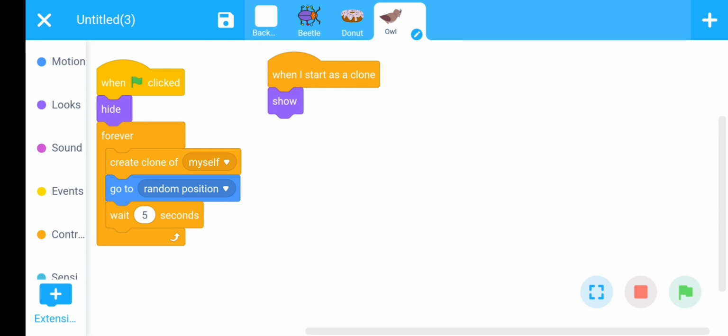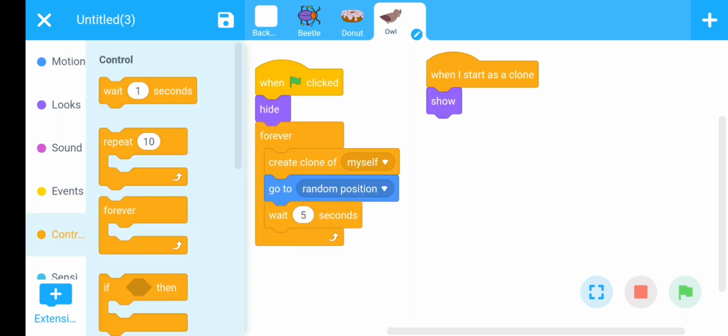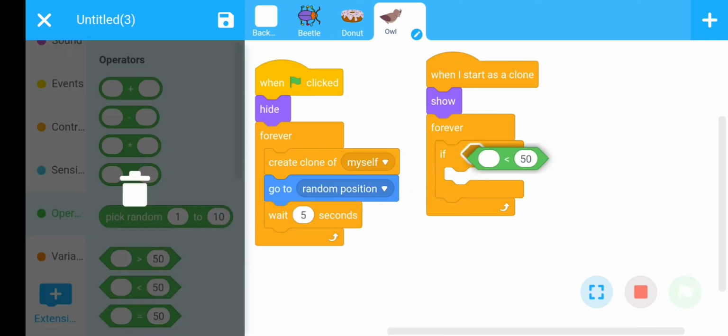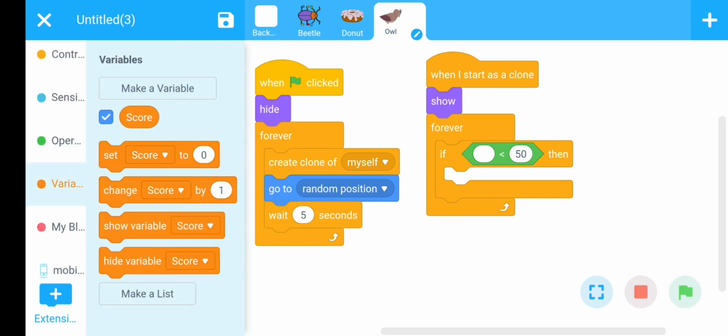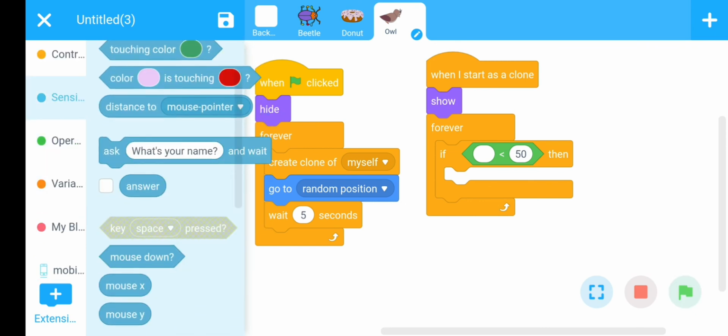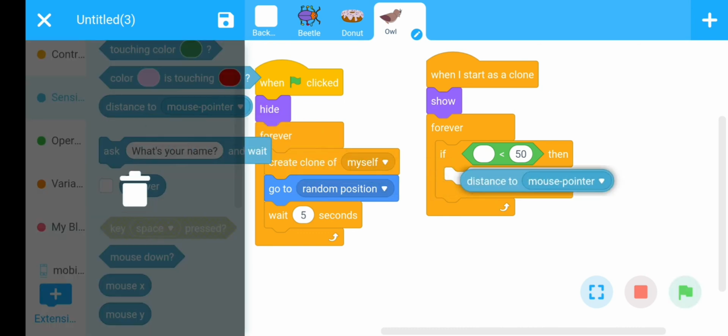use a forever loop here. Here use an if then block. Go to the operators section and use the less than command here. Go to the sensing section. The sensing section has a distance to mouse pointer command.